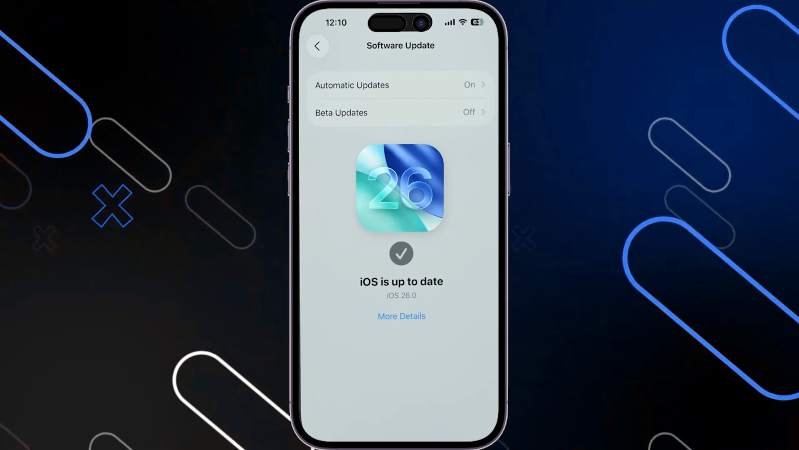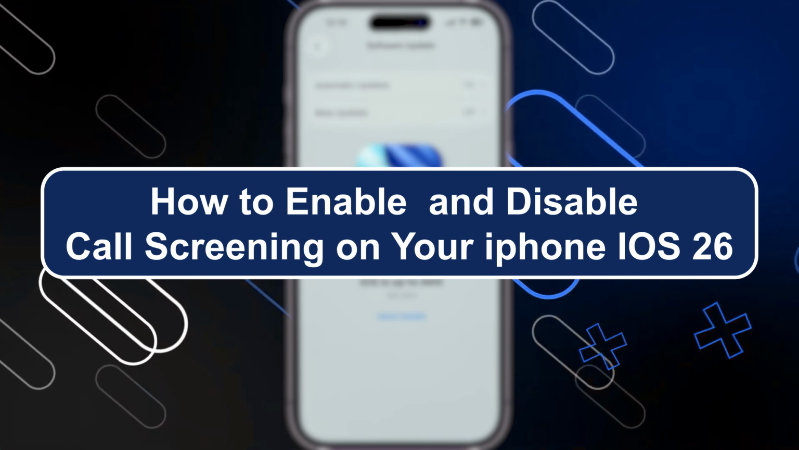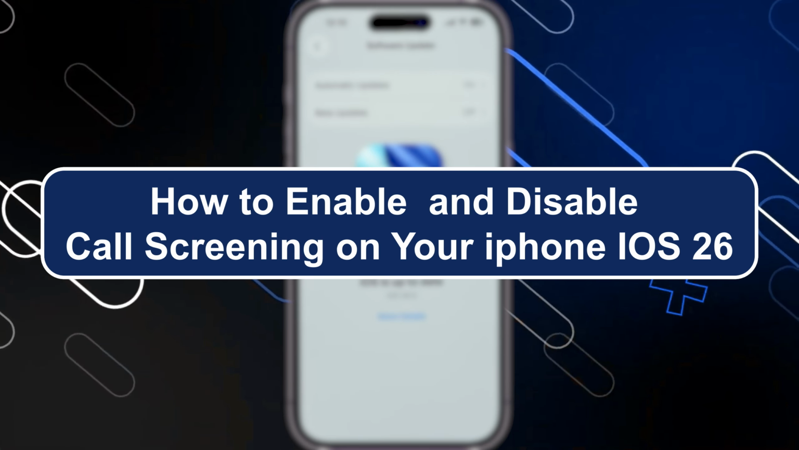Hey everyone, Zane here, and today we'll show you how to enable and disable call screening on your iPhone iOS